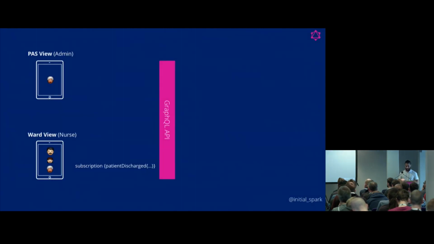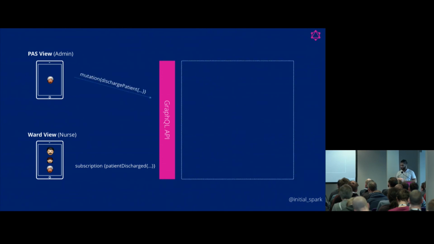So let's have a look at another example, just to hammer home the point. Imagine we go back to our UI. At the top, we have our patient view, and there's a discharge button now, which currently doesn't exist. But on another screen, a nurse on a ward has a view of the ward up. And once you load that page, you say, okay, I want to subscribe to any patient discharge events. So what happens is someone elsewhere in the hospital